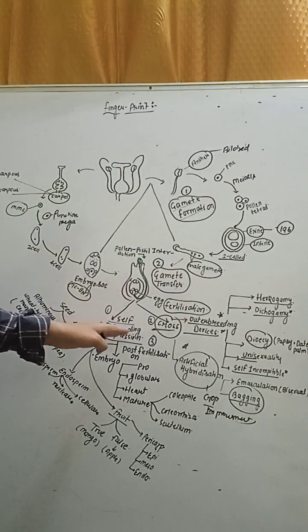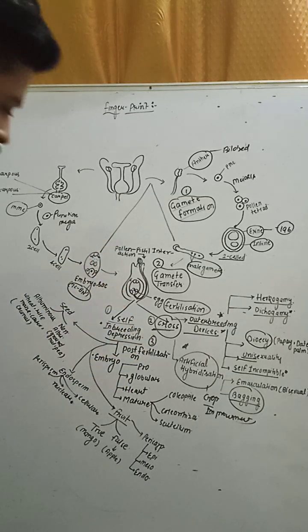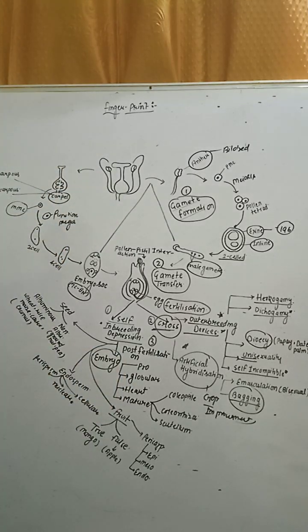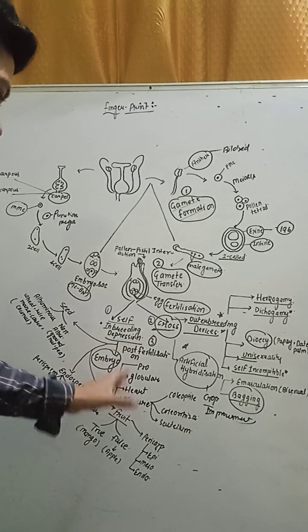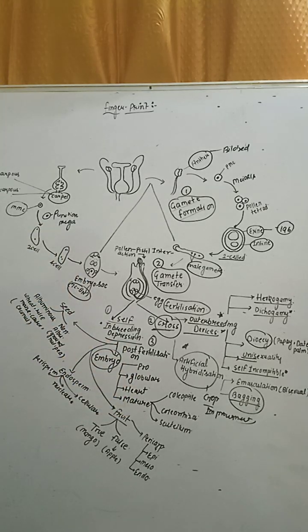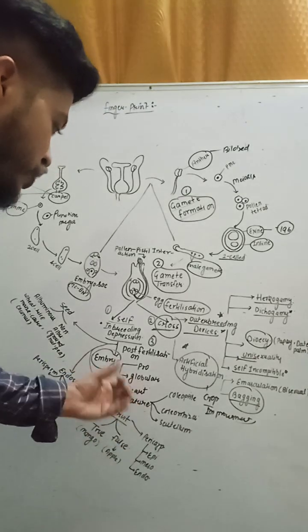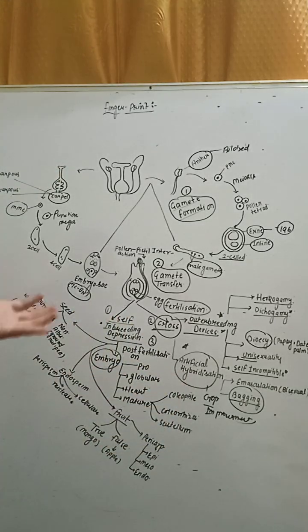After the fertilization, that is post fertilization events. Okay, so in post fertilization events, first is embryo formation. So the embryo is formed. The embryo has different stages: pro-embryo, globular embryo, heart shaped and mature embryo. Those are the stages of embryo development. Clear to all? Now, when the embryo matures, in the monocot there is a coleoptile, coleorhiza and scutellum. In the dicot there is a radicle and plumule.